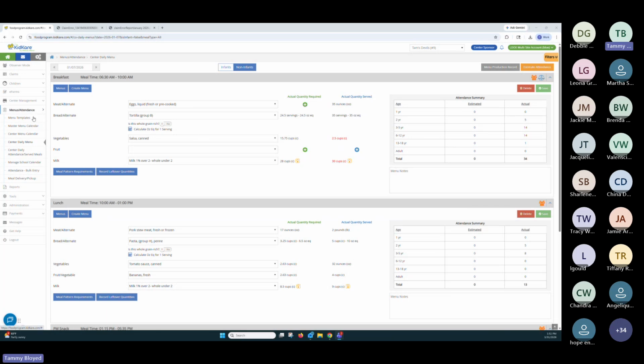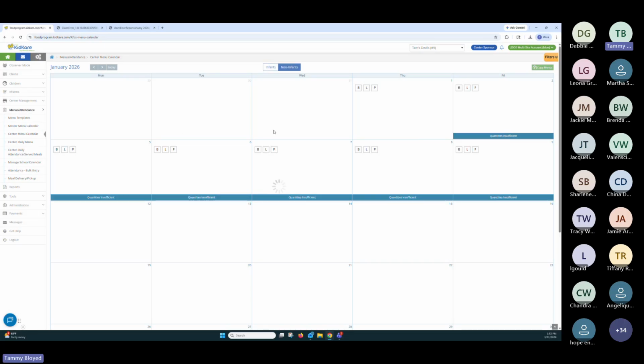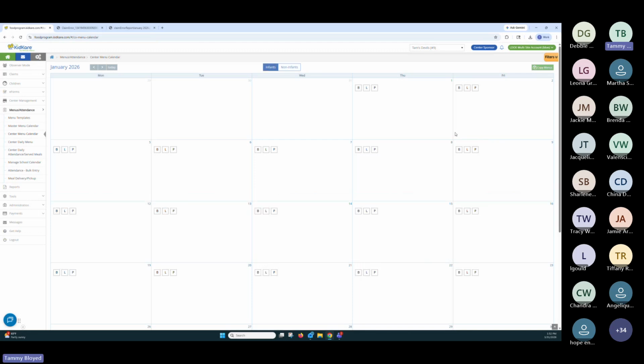Okay, the 4 weeks at a time, that's going to be under your calendar. And it can be a little bit tricky. So either pay real close attention when you're doing it, or call one of us and have us help you walk through the first time. We're going to do infants just because there's more data there and it usually goes quicker. So you get into the menu that you want to copy over. You have to already have it in there.